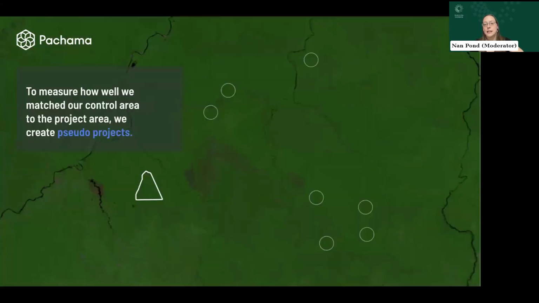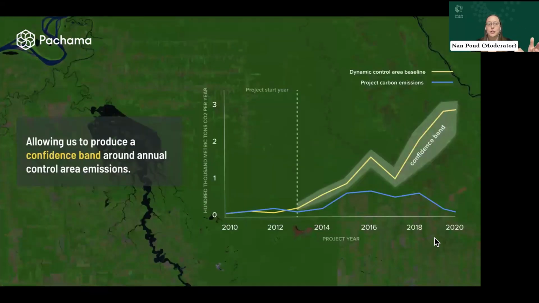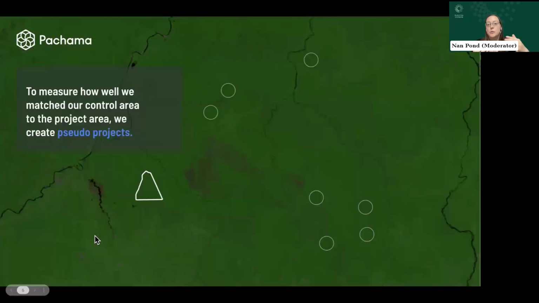And then what we see is an approach to match that area to other places across the landscape, define the similarities between each of those circles and this project area, and then use that to form the basis of trends and change over time, maybe in the past leading up to project start, or once the project began, what happened across the landscape and what happened in the project area. Because there are a bunch of different circles there, that produces a number of different estimates or observations of what's